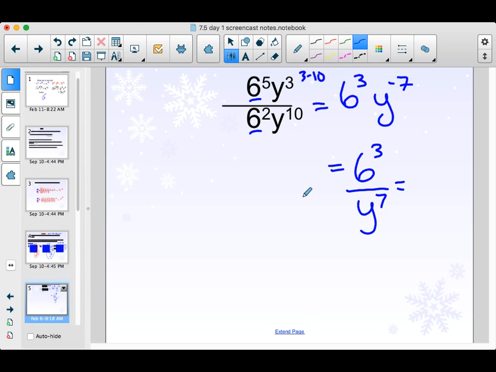6 to the 3rd, though, you can keep going. 6 times 6 is 36 times 6. You can use a calculator. You should get 216 over y to the 7th. So a little bit harder just because